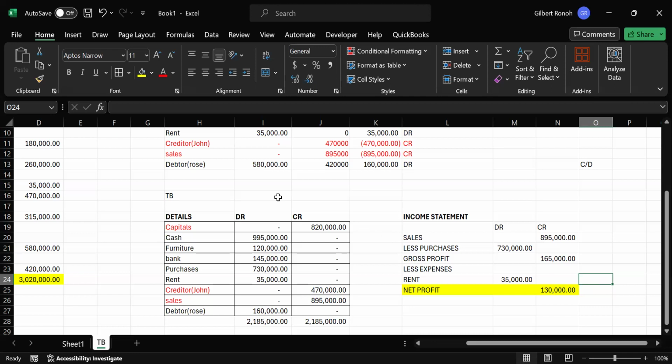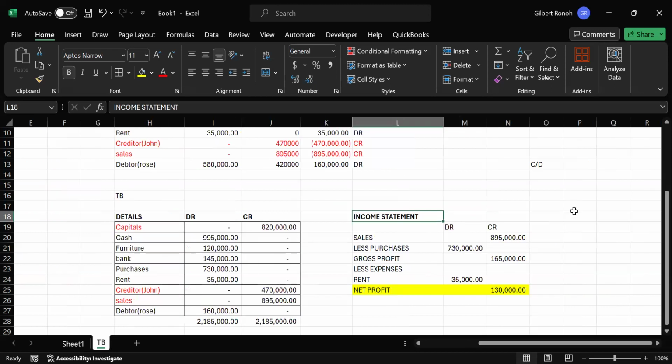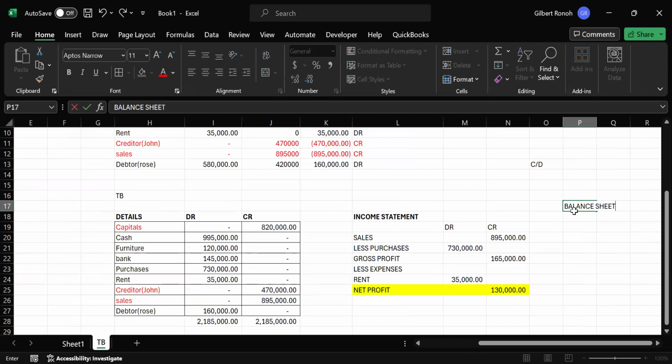So after this trial balance, we are preparing this income statement. After income statement, you prepare balance sheet, right? Yeah. Prepare balance sheet. Which balance sheet is composed of non-current assets, the current assets, capital, and